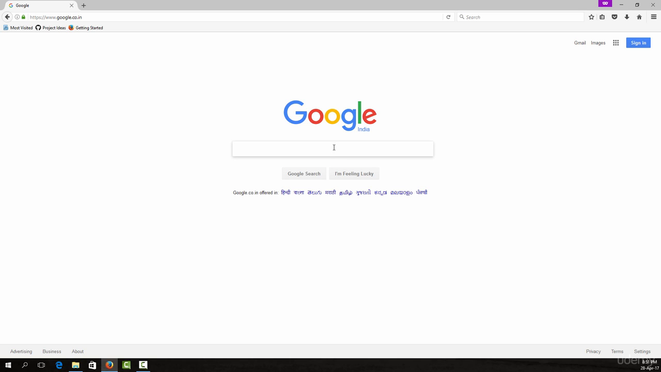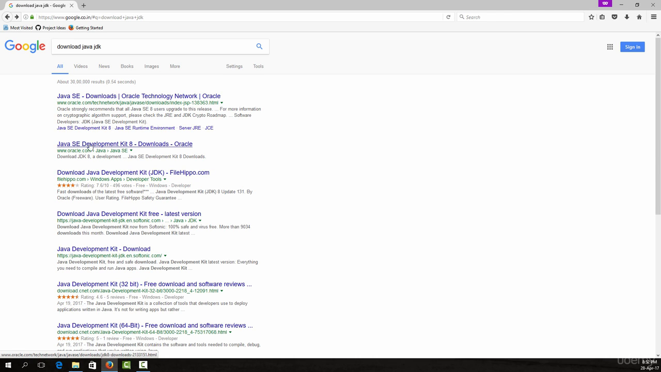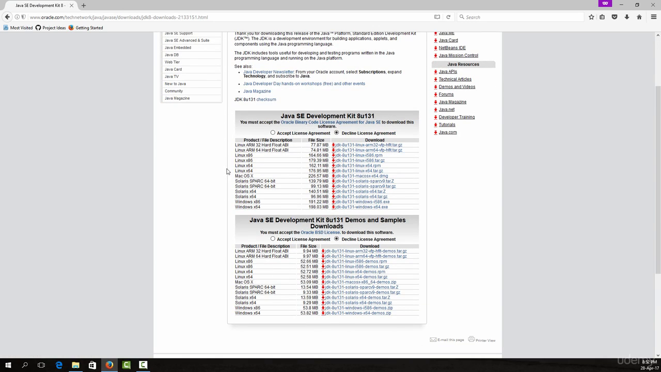So the first thing which you need to do here is that you need to install Java JDK. In order to install Java JDK, just go to Google and type in download Java JDK, and this link right here is going to be the link to download Java JDK. So simply open this thing up, and in here what you need to do is that you need to go